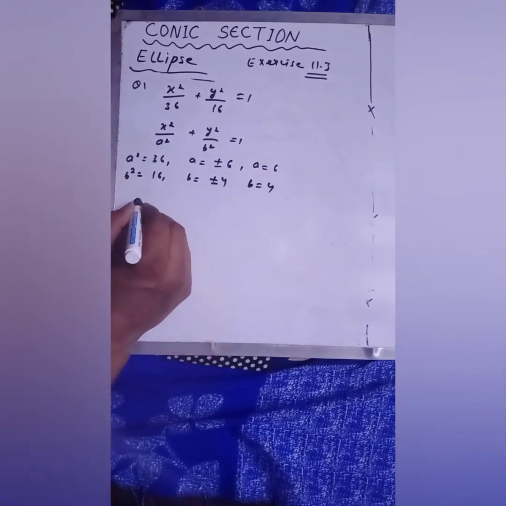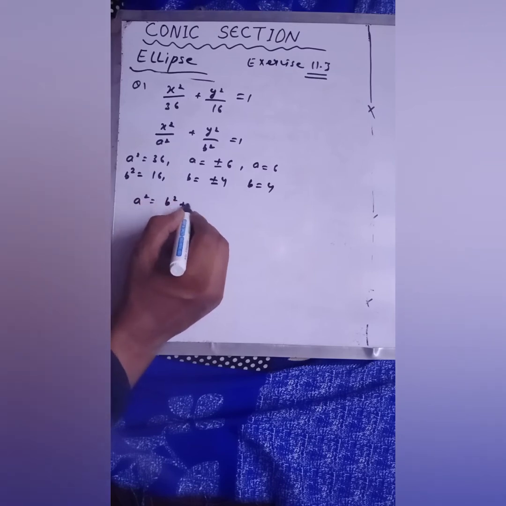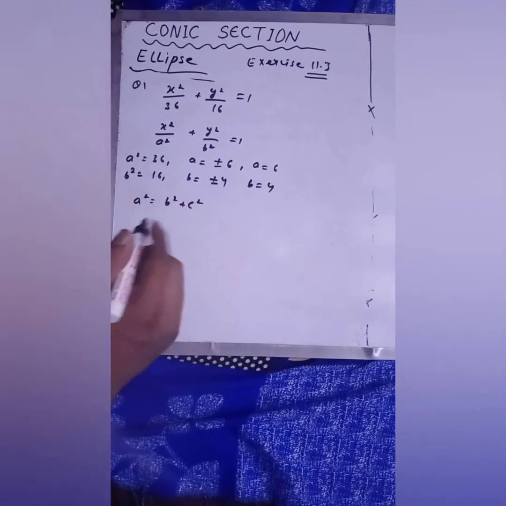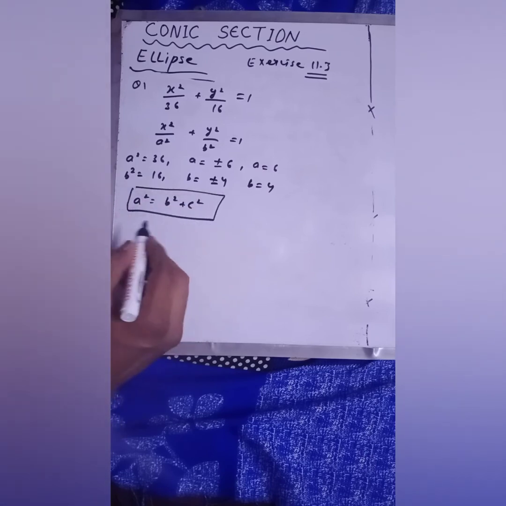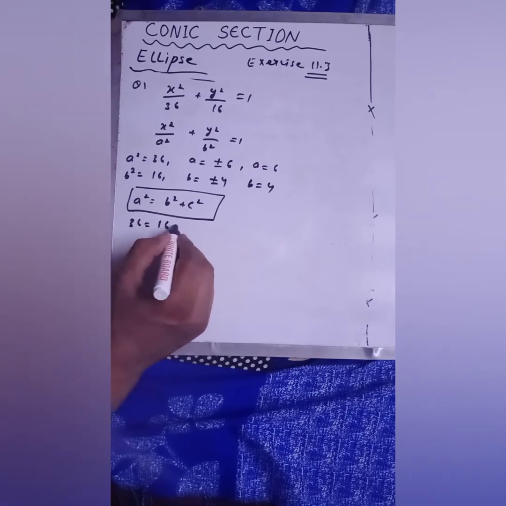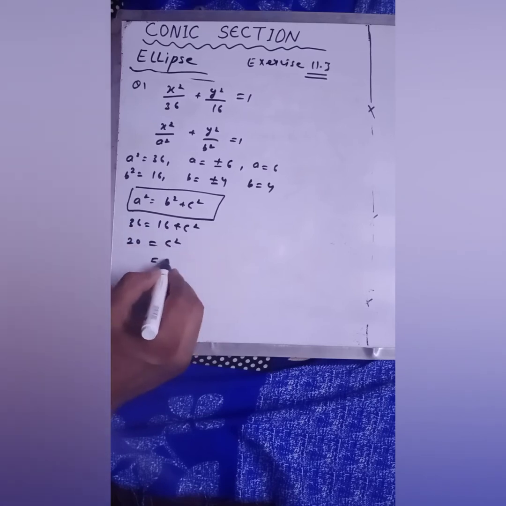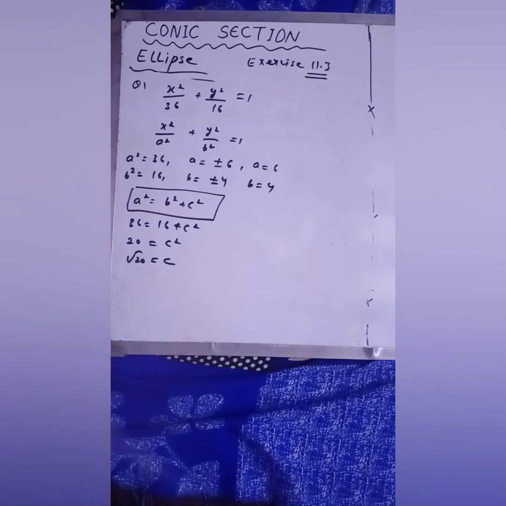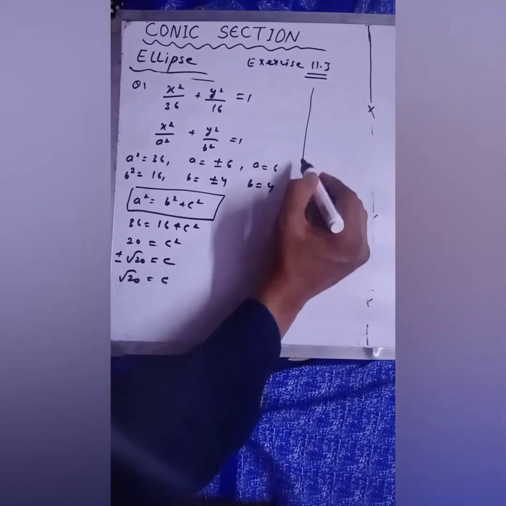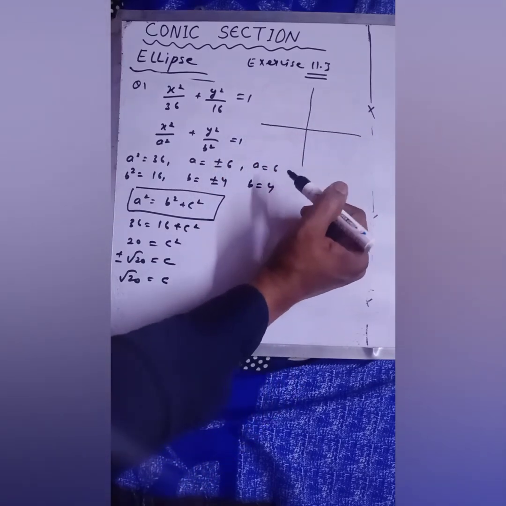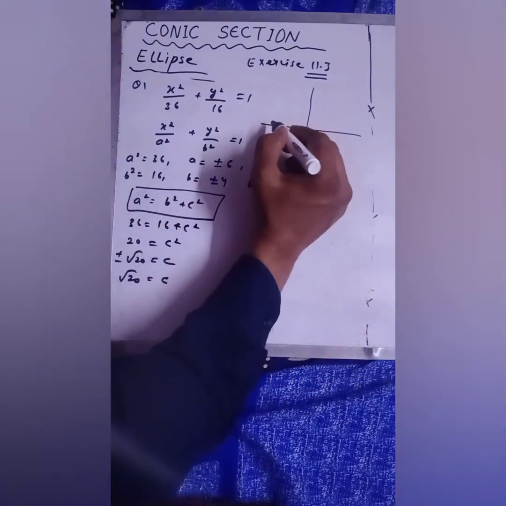After this, calculate c. So as you know that your a square is equals to b square plus c square. This is the formula. This is a relation between a, b and c. Put the value. Your a square is 36 and your b square is 16 plus c square. Okay, this will come here. This will be 20. C would be under root 20. Okay, plus minus, but you have to take only positive value because c is also a distance. Okay, now you have to draw ellipse. क्वेश्चन में नहीं कह रहा है ellipse draw करने के लिए, but for our convenience we are drawing it. So your ellipse would be like this.